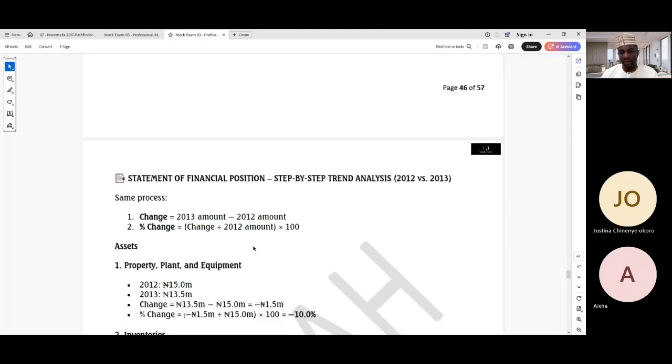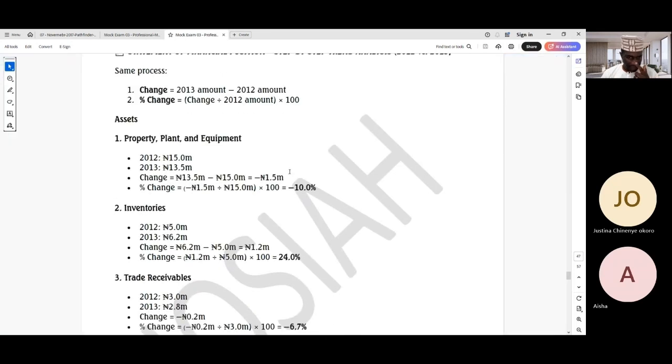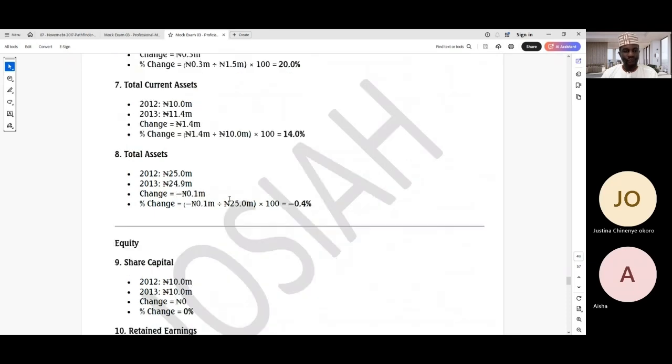Then for the statement of financial position, we did 2012 and 2013. You can see the change. Property, plant and equipment moved from 15M and dropped to 13.5. The change is about 1.5M, which is 10%. So the amount is 1.5M and the percentage is 10%. You see the tutorial here, negative 10% from property, plant and equipment